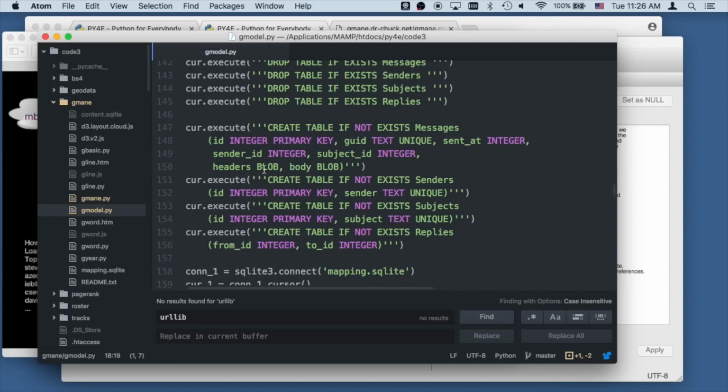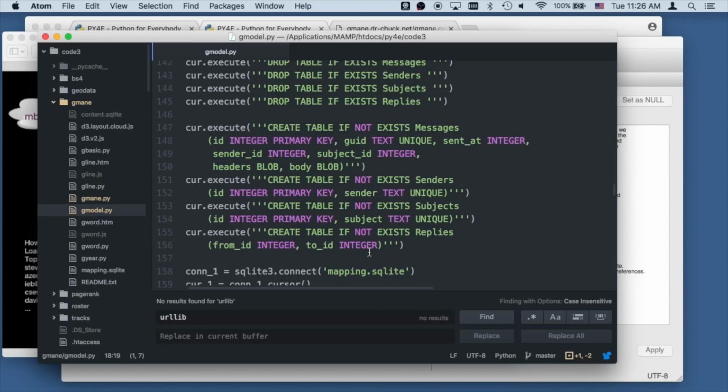These are blobs, binary large objects, for the headers and the body, because I'm going to compress them in this database. And then each sender has a key, and each subject line is going to have a key, and then replies are a connection from one message to another,